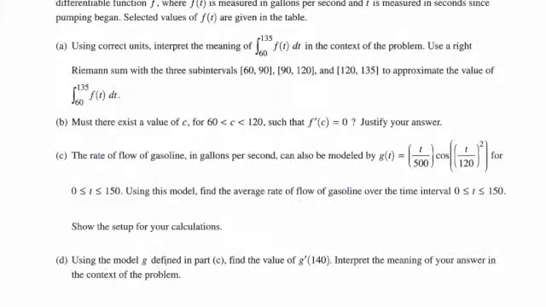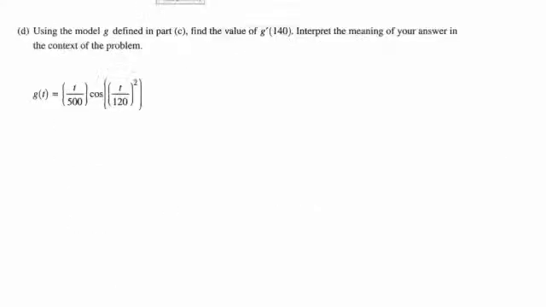Part D says, using the model G defined in part C, find the value of G prime of 140. Interpret the meaning of your answer in the context of the problem. Okay, so G of t is this. For this part, you should use a calculator, and G prime of 140 is negative 0.00491